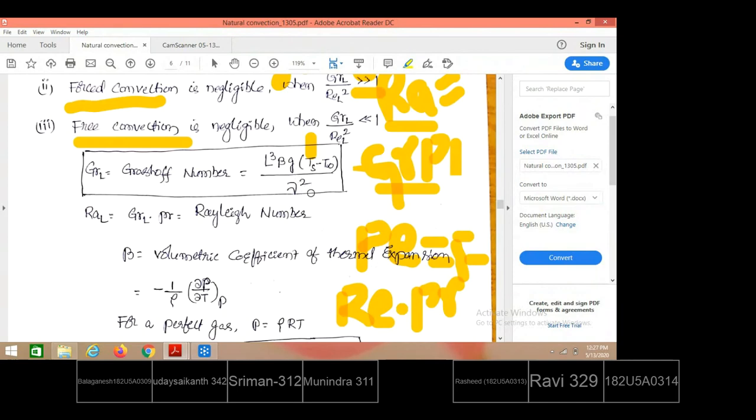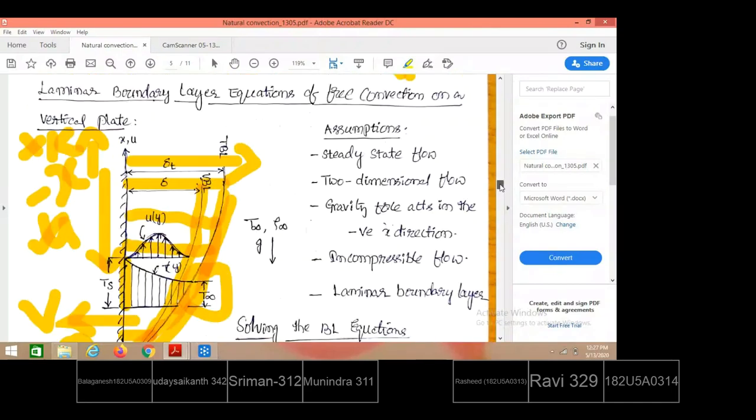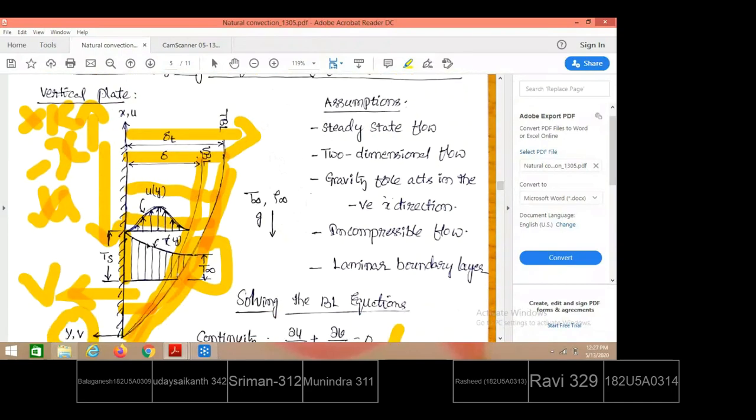In this relation, while getting the Grashof number value, nu, beta and all the required properties are taken at the film temperature. Here also the flow is external. The fluid is in contact with the plate surface externally. Therefore, from the plate to the boundary layer only, the fluid is undergoing a change of properties. Beyond the boundary layer, the temperature remains the same. So the fluid properties are changing only within this boundary layer.